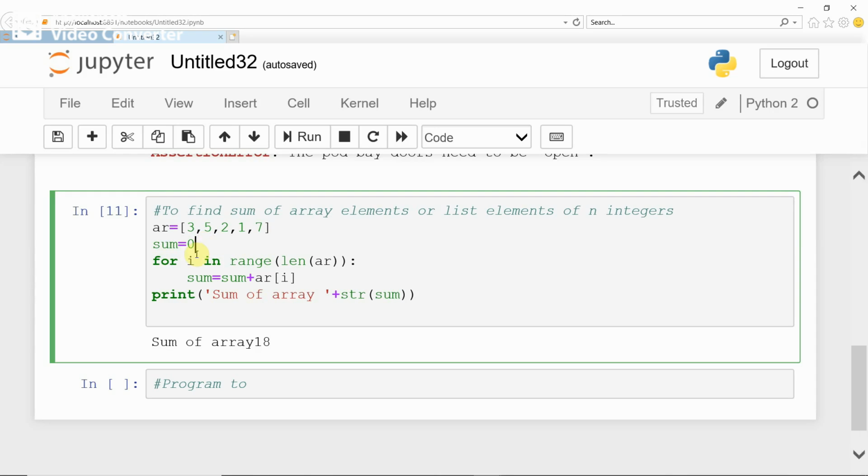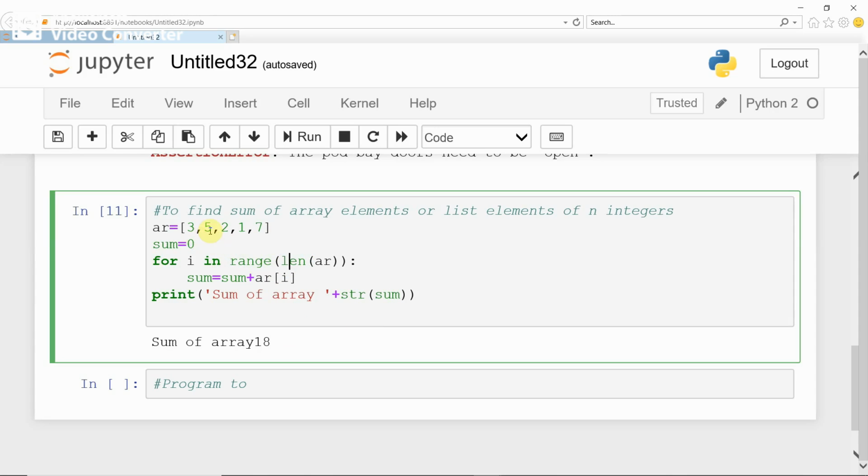Once sum is initialized to 0 outside the loop, you are invoking the loop with the looping variable as i. You know that in a for loop, i begins with 0 by default and the ending value of i is len of ar. We are using the range function, range till len of ar.